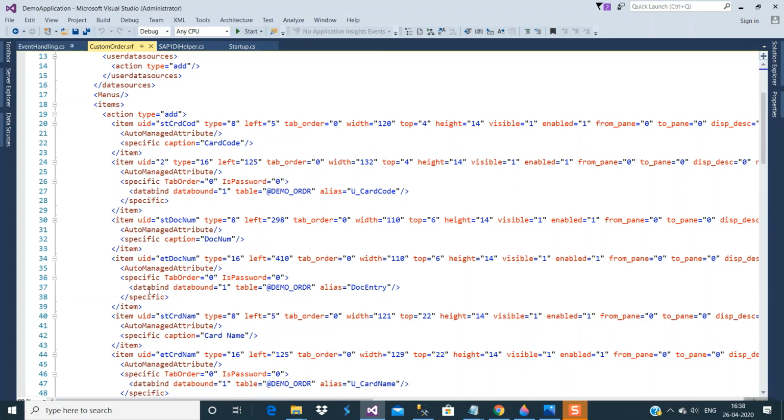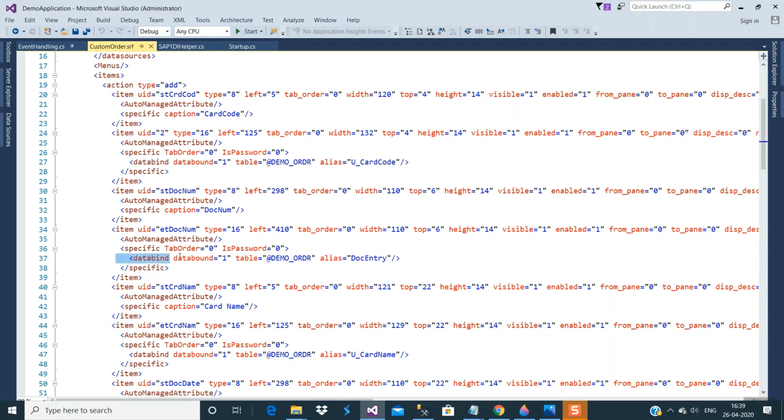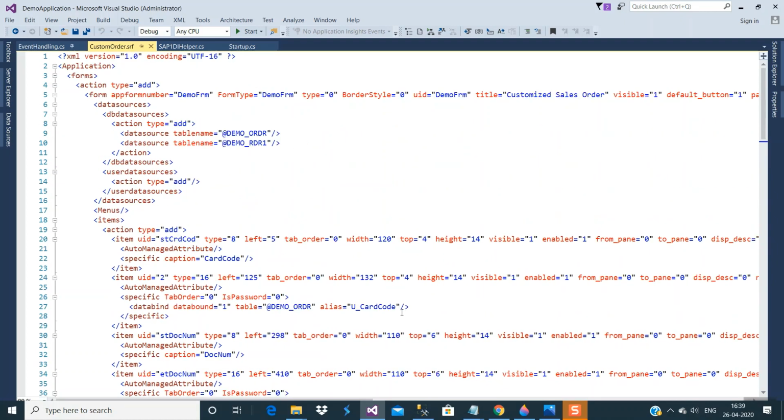You can also bind your table and field this way. You can see these 3 properties here. Data bound will have 0 and 1. 1 means true and 0 means false. The table will have the table name, and the alias will have the column name. As I have done this through Screen Painter, you can do the same thing this way also.